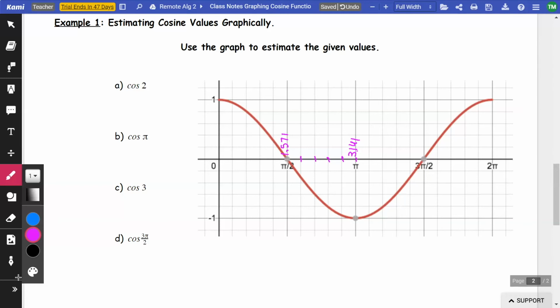So 1.571 plus 0.314. I'm silly. 1.571 plus 0.314 is 1.885. And then plus 0.314 again would be 2.199. So clearly 2 is going to be in between these two values. Let's see, probably about halfway-ish. So 2,